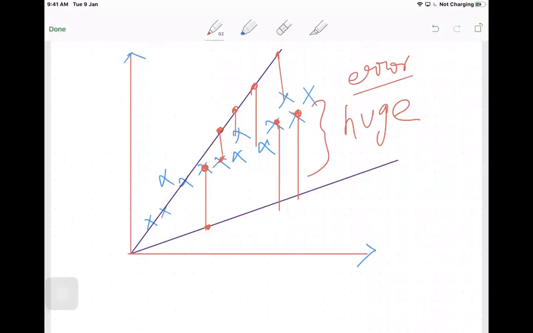So why did this happen? Basically what you have to understand here is that your line equation is nothing but mx plus c. I hope all of you know what m is. The m is nothing but the slope of the line, and c is nothing but the y-intercept. Let's say in this particular diagram that I have drawn, your c is actually 0 because it is exactly going through the axis.